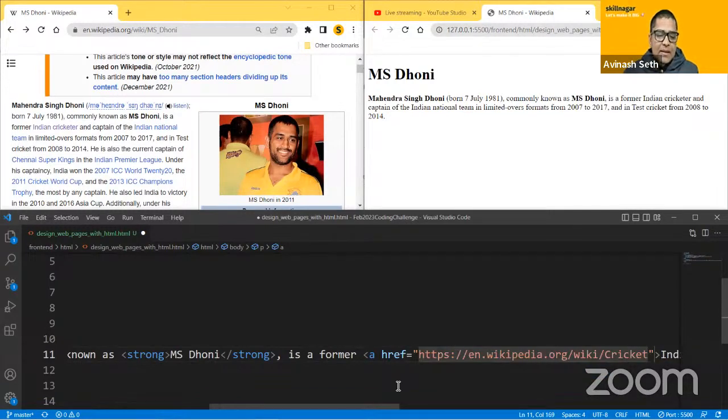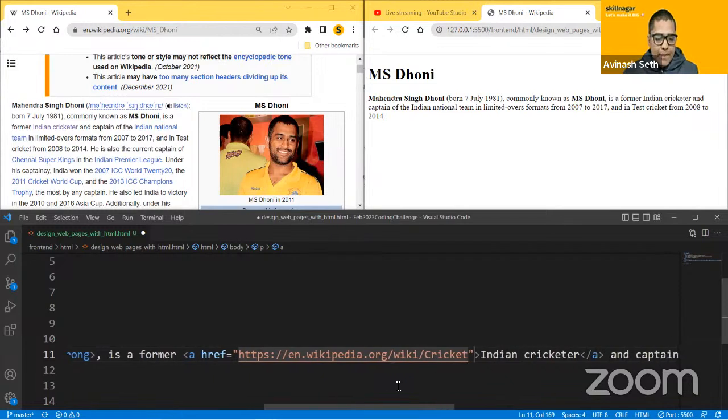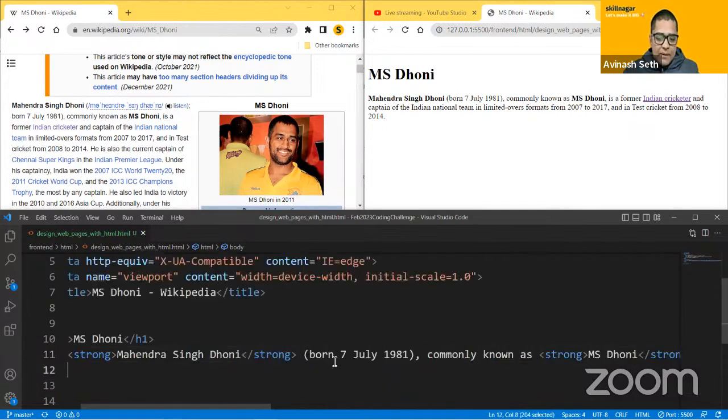will paste this link. Guys, please focus. Inside this href, I will open double inverted commas and I will paste this link. So now you can see a href